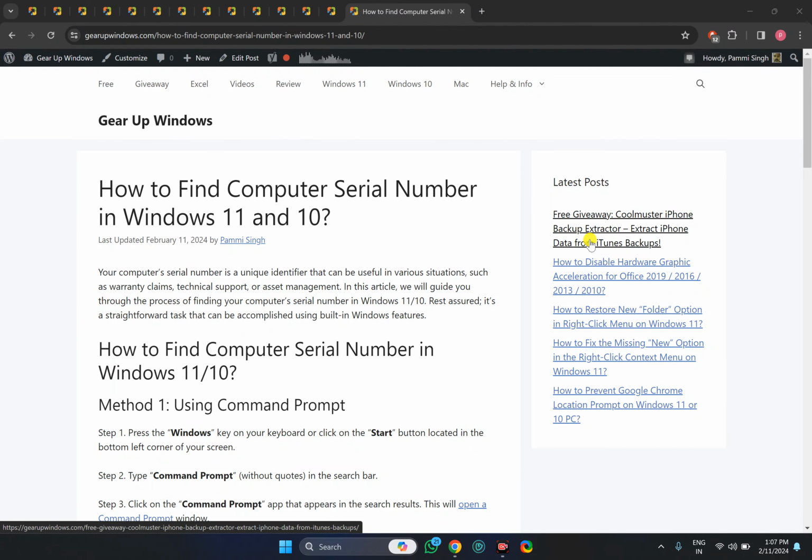In this video, we will guide you on how to find computer serial number in Windows 10 and 11 using command prompt. In case you have purchased a branded computer and you want to know the serial number,